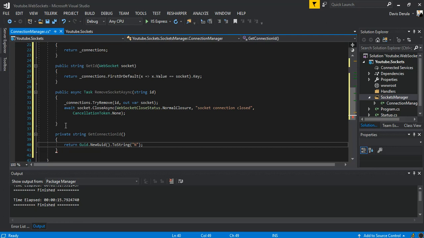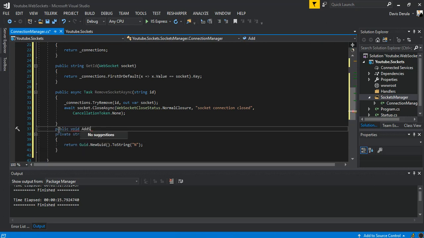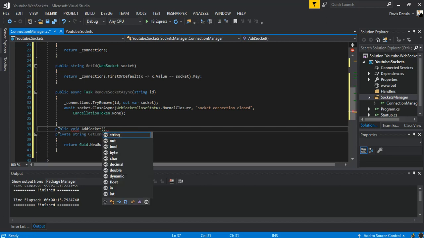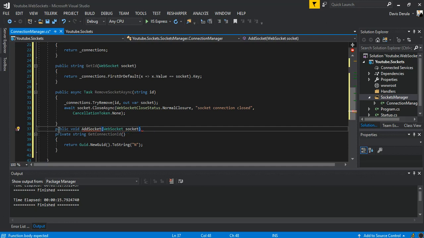So here we can say connections dot TryAdd and GetConnectionId, then the socket. So as you can see, it's pretty simple stuff. So the next bit is of course we're just gonna